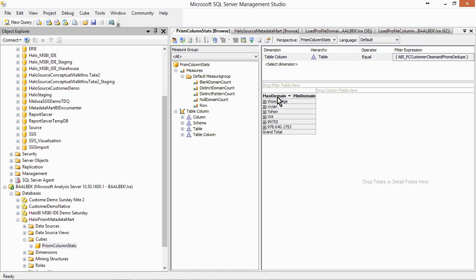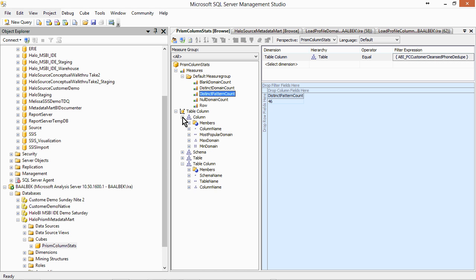Let me finish clearing this off. So now, obviously, we're looking at an Analysis Services cube here. I should have mentioned that. If we were to drag over, let's say, our distinct domain count, and then bring in, in this particular case, our column hierarchy, and bring this right over. Oops, sorry. Drop it in, and you can see on each of these columns now we can actually drill in, and certainly